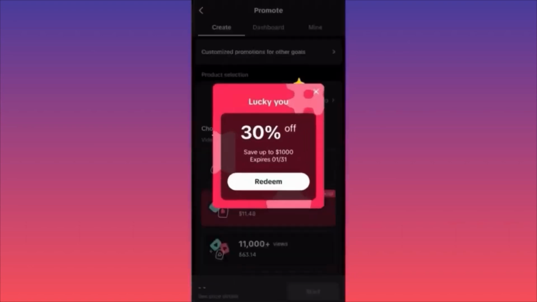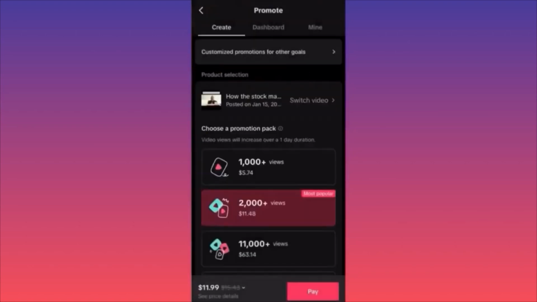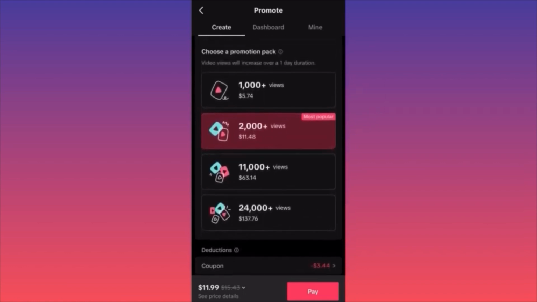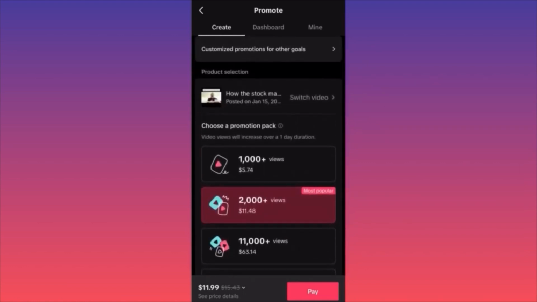When you click Promote, you are able to essentially select any of your videos, and you'll be getting at least 1,000, 2,000 or 11,000 or 24,000 views by simply paying for it, okay? Me personally, I'm getting a coupon from the app. I'm not sure you guys are going to get it. It depends, I don't know, on the location probably, or